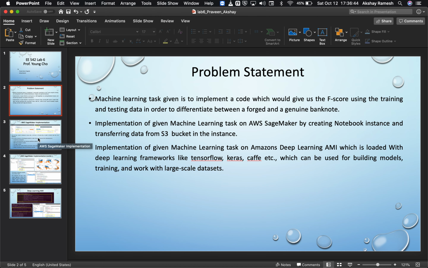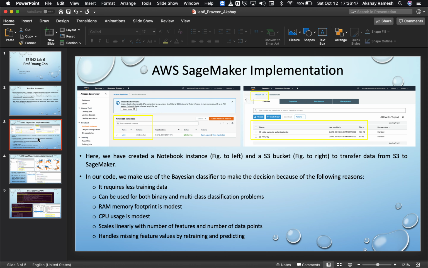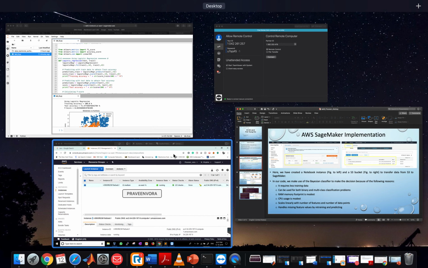So let's go through the first implementation, which is using the AWS SageMaker. As you can see in the slide, we have opened a notebook instance, and then we have also opened the S3 bucket in which we load the Python file and then the text file which has been provided to us, which contains the data. I'll quickly show you the implementation